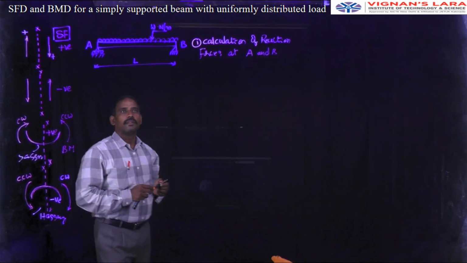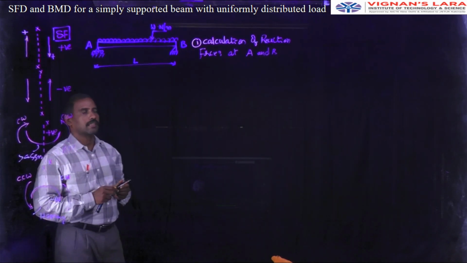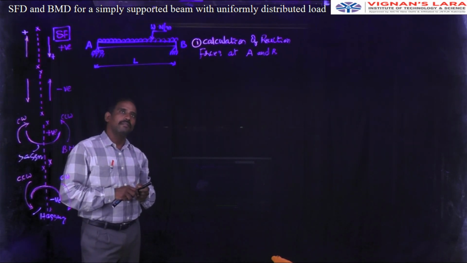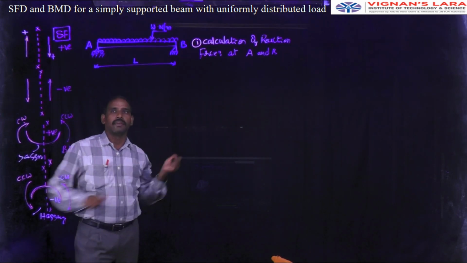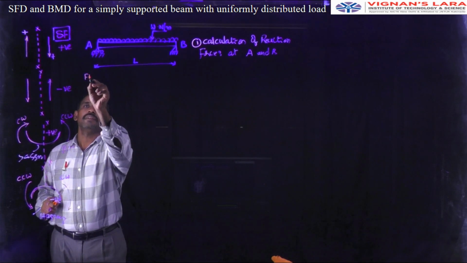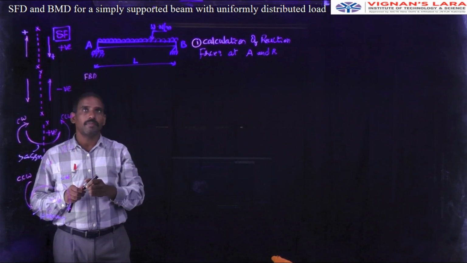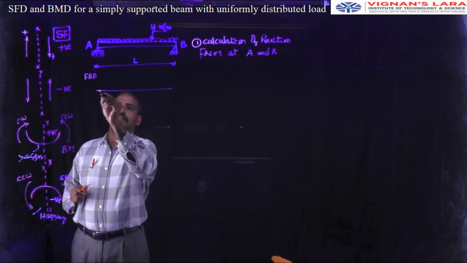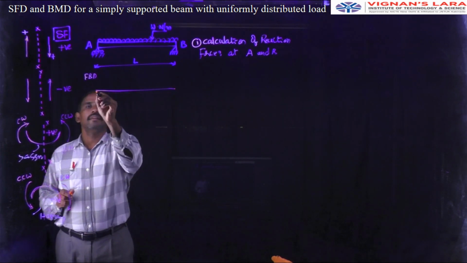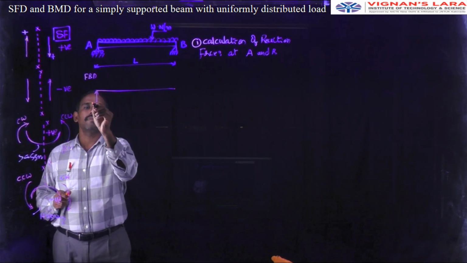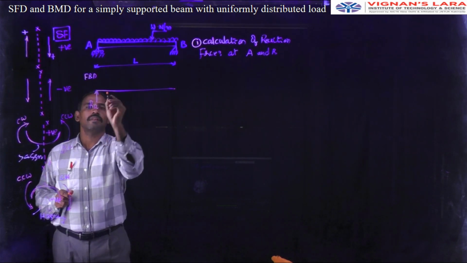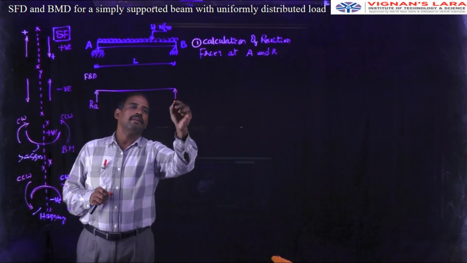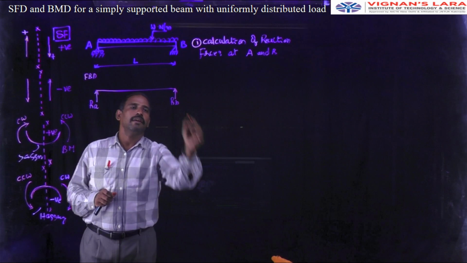What we have to do? You have to draw the free body diagram first. Then you have to calculate the total load and find out the reaction forces at A and B. So the first one is the free body diagram. While drawing the free body diagram, we have to replace the supports by forces according to the type of the support. At end A, there is a roller support, which is replaced by RA. At end B, that is a hinge, which is replaced by RB.